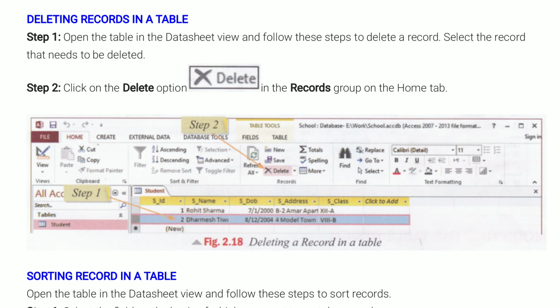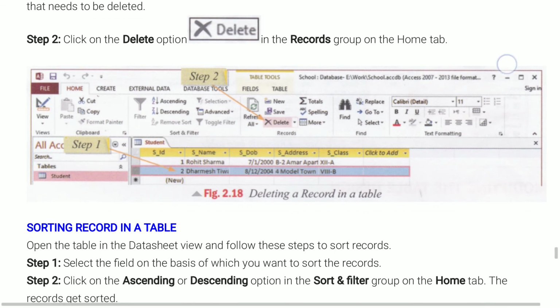First of all, before deleting the record, we have to select the record. We have to select a particular record. Then we have to click on the delete button in the records group of the home tab to delete a particular record in a table.